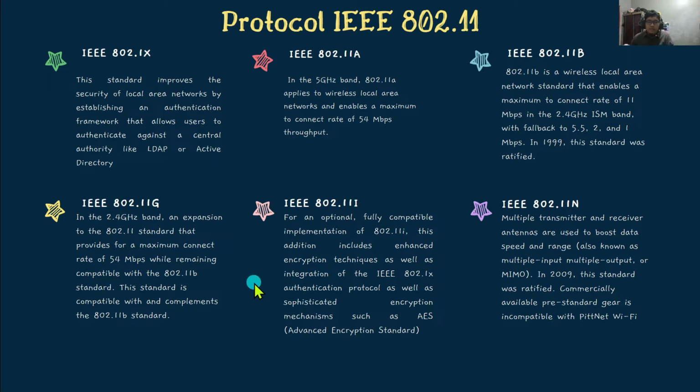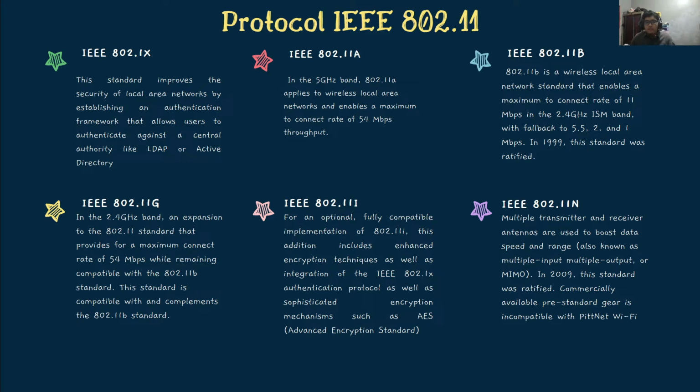Next is the IEEE 802.11i. For the optional fully compatible implementation of 802.11i, this addition includes an enhanced encryption technique as well as the integration of the IEEE 802.1x authentication protocol, as well as encryption mechanisms such as AES, Advanced Encryption Standard. And the last one is IEEE